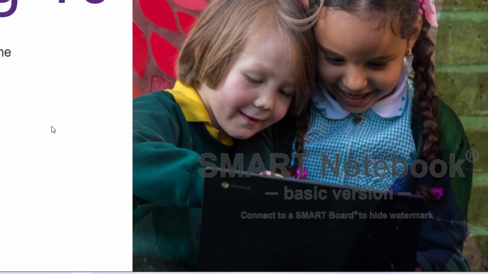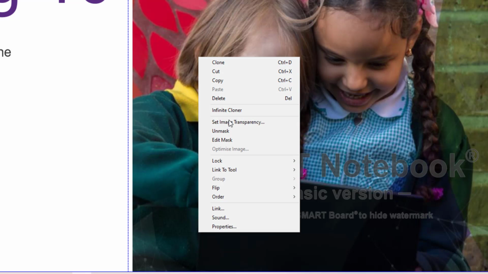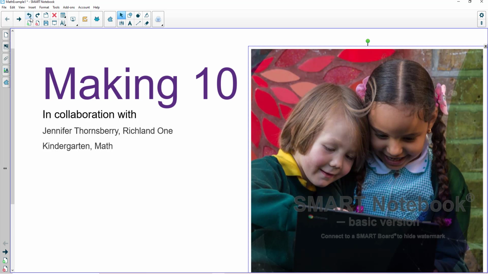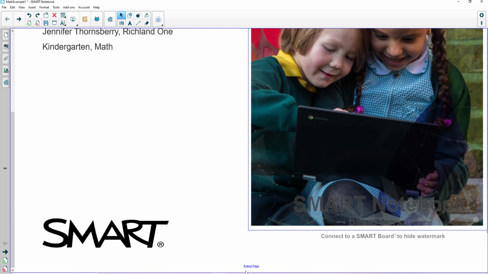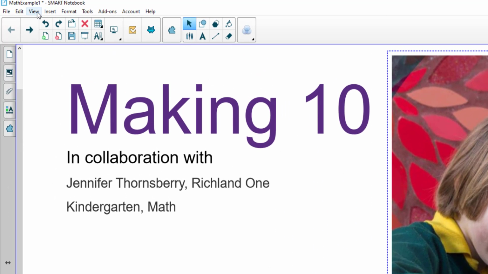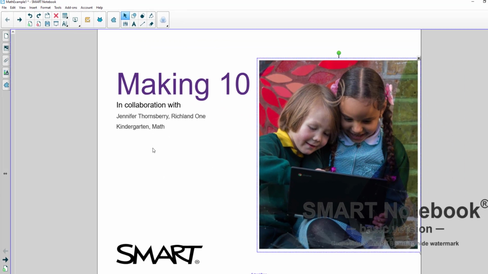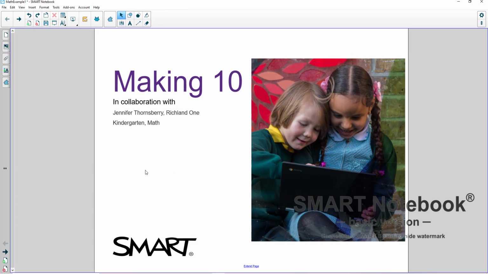On the image here, if I just right click and go to unmask, we can see that the image has been cropped to that size. None of the pages have been extended, and if I go to view and change the zoom to the entire page, we can see that the aspect ratio of the pages is 4:3, which is a standard smartboard size. But when we put them into PowerPoint and into Slides, there'll be a widescreen size, which is